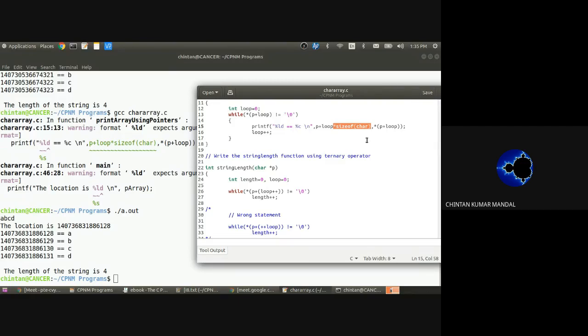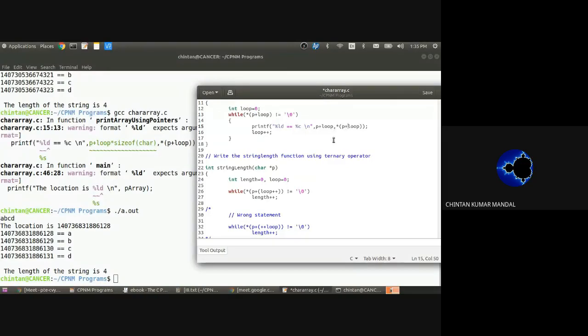There are two sorts of arithmetic. This is basically a pointer arithmetic, and this is normal arithmetic. If I actually remove this part, this is a normal arithmetic, whereas my pointer arithmetic actually goes something like this: loop into size of character. Since this is a character pointer, this goes like a size of character. So that is why this thing. But if I had given like this thing,